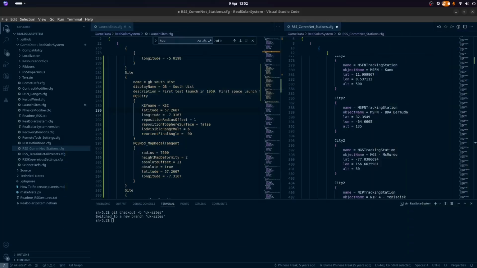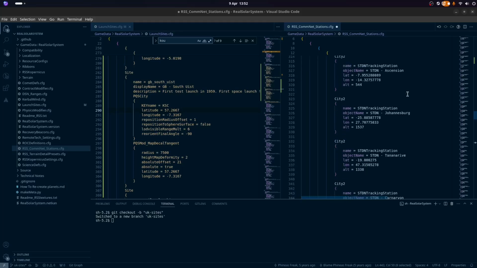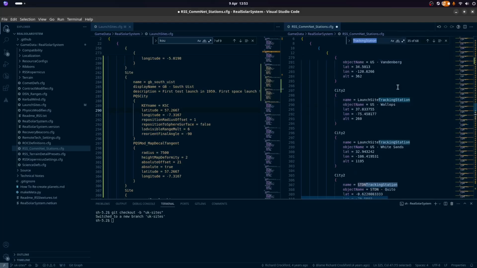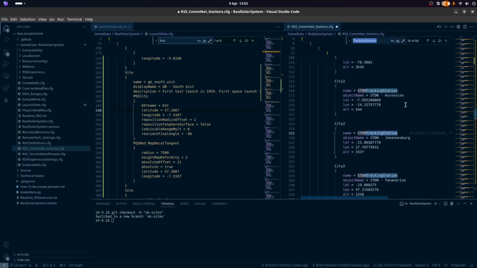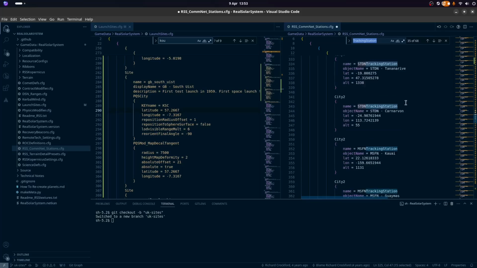So, what are the exact coordinates of the Chilbolton Space Monitoring Facility? And what types of tracking station do we have to use here? So we've got a launch site, we've done that. STDN, Ascension, Johannesburg, Tenerife.